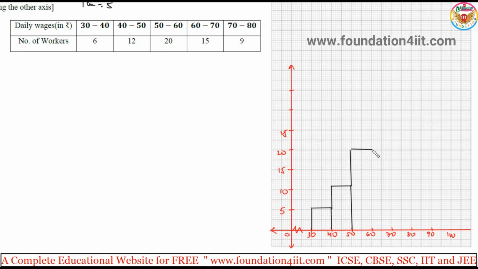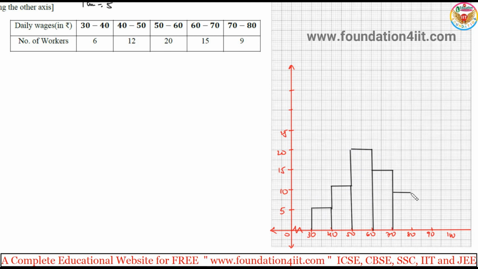Histogram you construct, then we need to estimate the mode from this. Next to 15, that is 60 to 70. Next is 9. So one here is 1 centimeter, 1 millimeter is less. If you make it 10 equal parts, or you can take this 5 because 2 millimeters is 1 point. So that you can construct easily on the histogram.